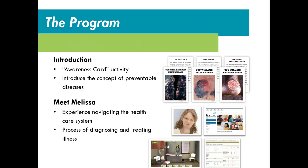You can move right into the second lesson called Meet Melissa. Again, it's about a 50-minute lesson, which can be taught various ways. Using storytelling, students follow Melissa as she is not feeling well and watch her as she navigates the healthcare system to receive the care she needs to improve her health. Students are introduced to her healthcare providers and how they interact with her to deliver her healthcare. Students are also introduced to the website and then how they will be interacting with their fictional patient later in